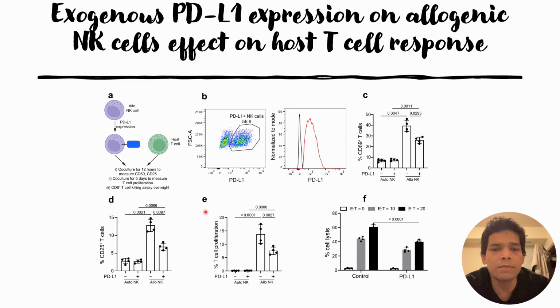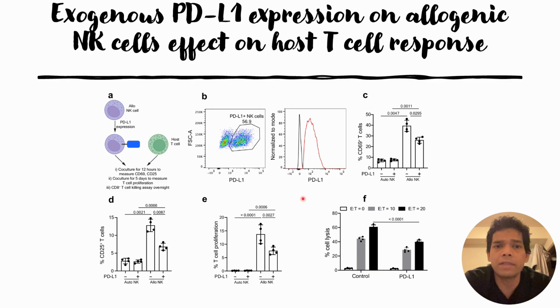And when it comes to the proliferation of the T cells, they are able to see high proliferation, around 15% in the case of the allogenic NK cells without PD-L1 expression, but it goes down to around 7% when they use PD-L1 expressing allogenic NK cells. Thereafter, having validated the activation of these T cells, and seeing some partial suppression